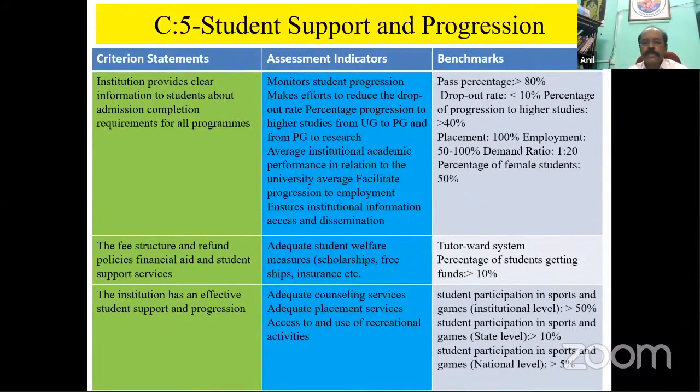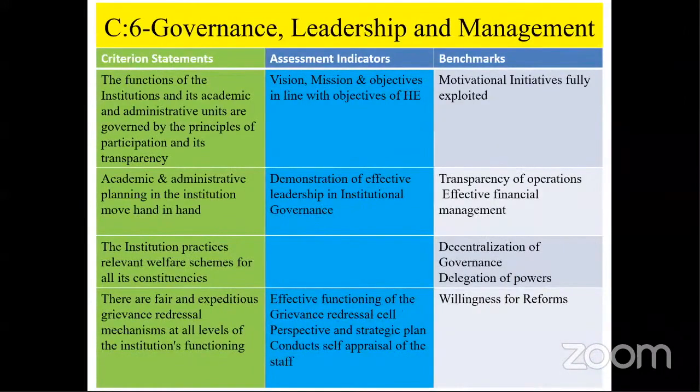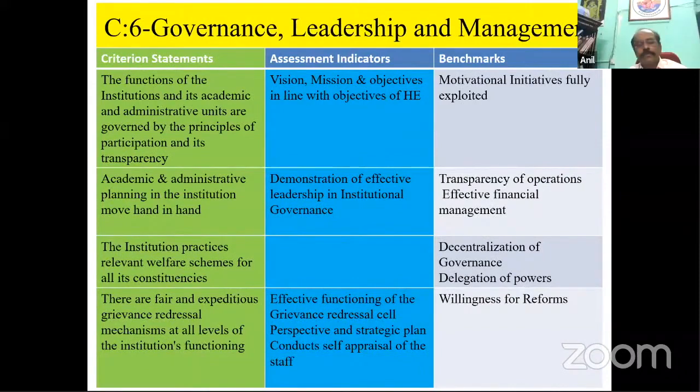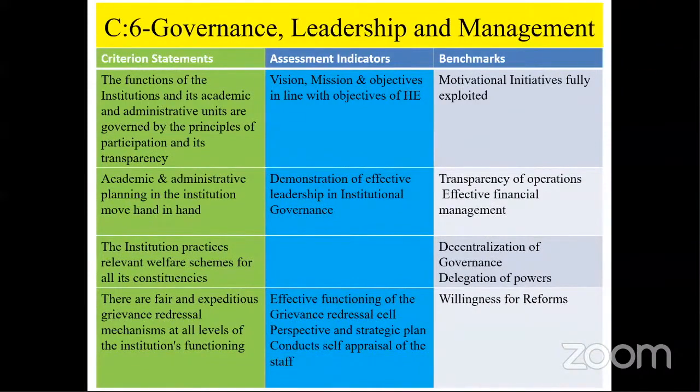So tutor award system is there, definitely. The percentage of female students must be more than 50%. That is, your gender parity index must be at least 1 and above 1, right? At least governance and employment as well as